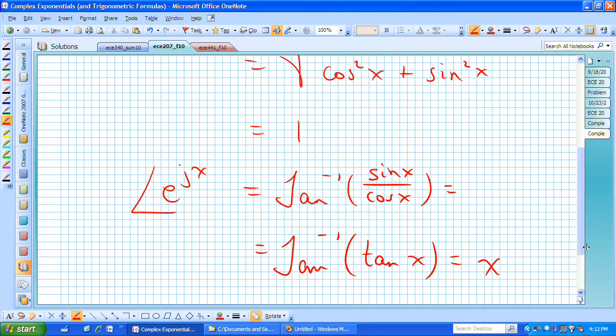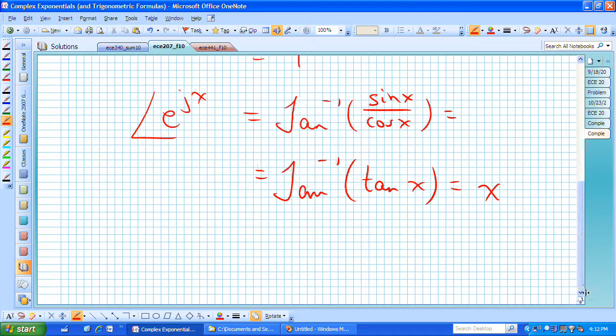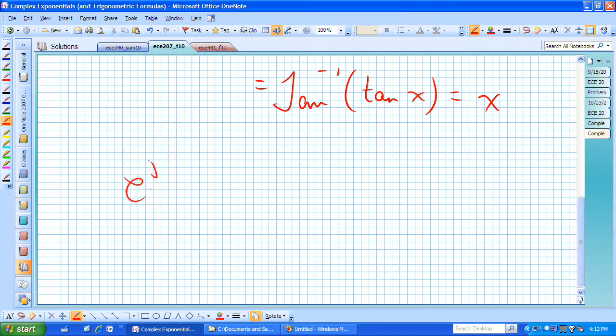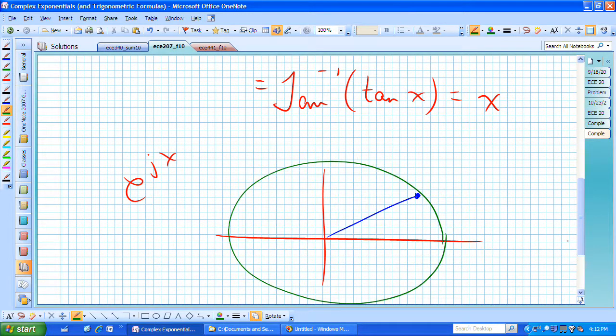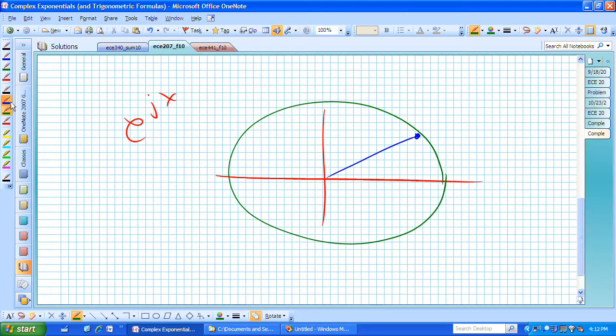And so the angle of e to the jx is x, or e to the jx you can think of as this rotating phasor that's mapping out the unit circle,